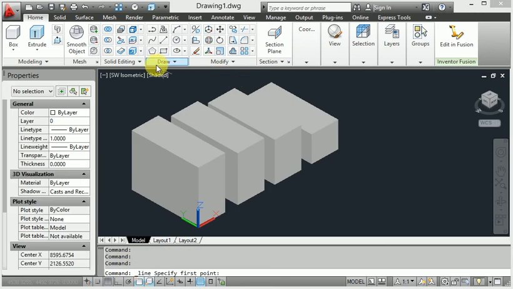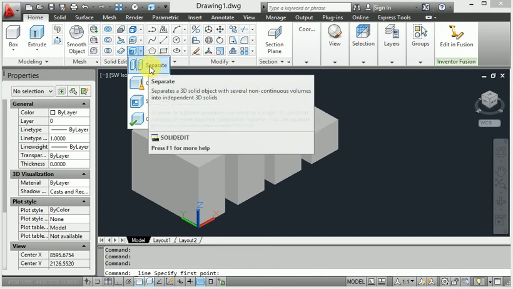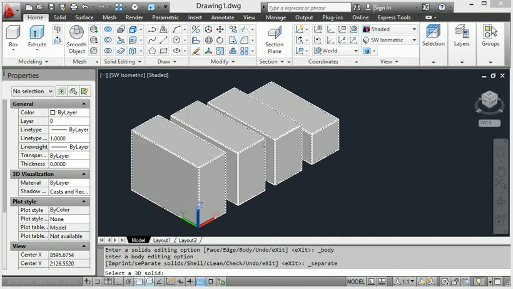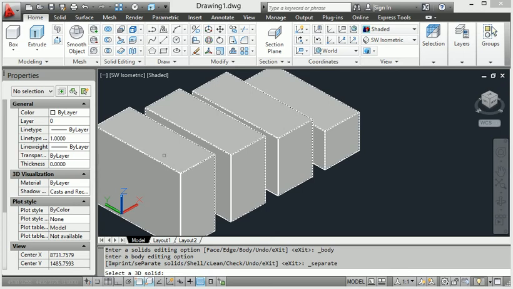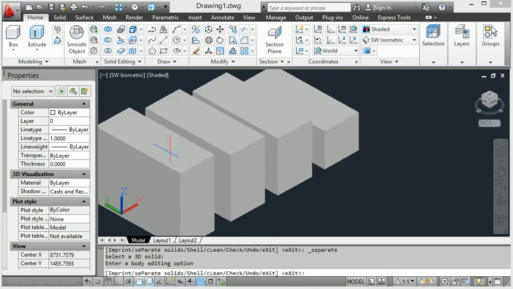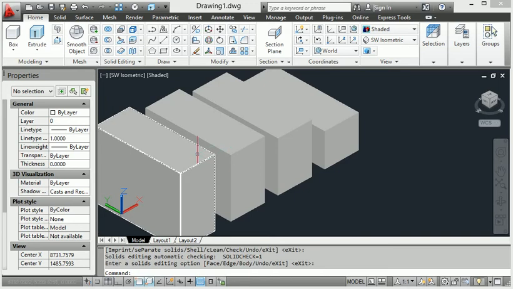Now we are going to select the separate command. Here you can see this is the separate command. Enter the separate command, first select this body, then enter.